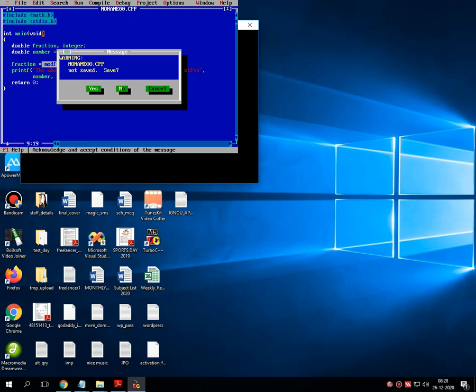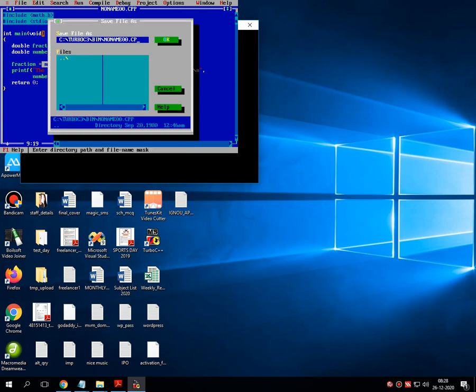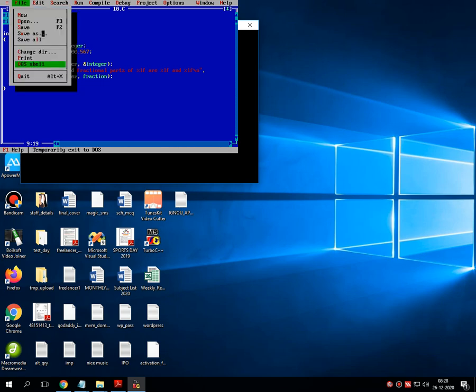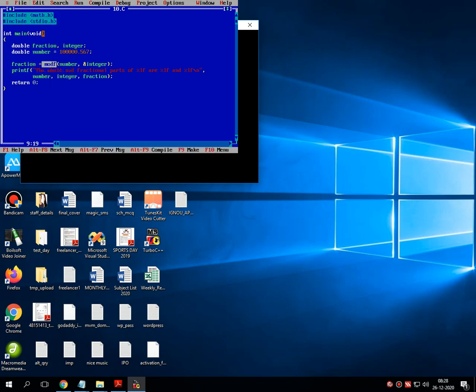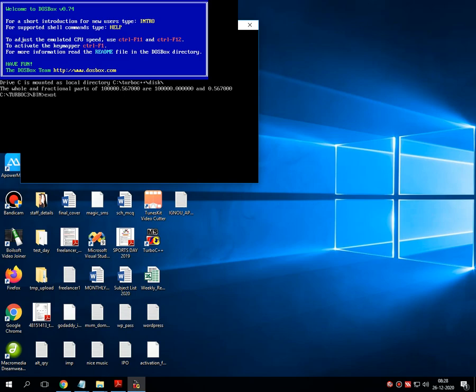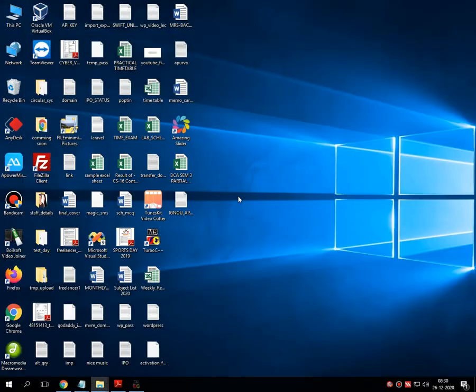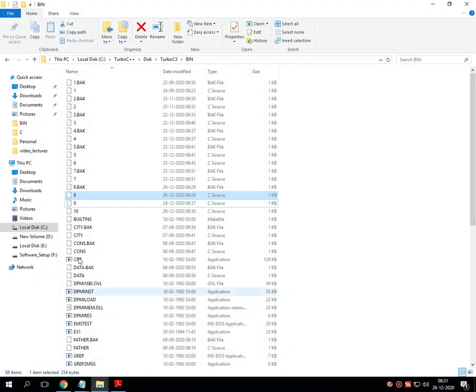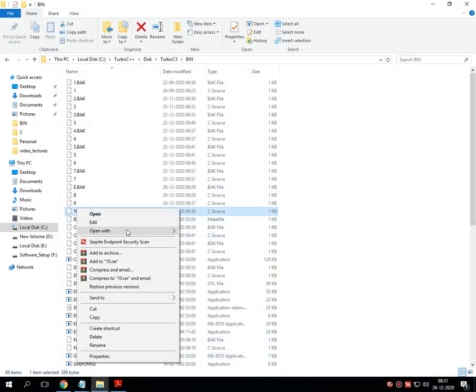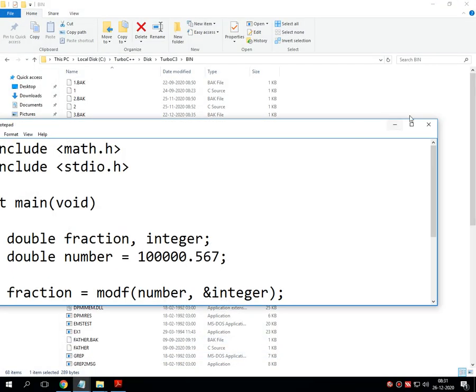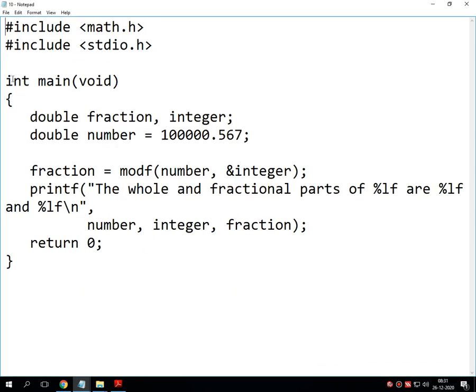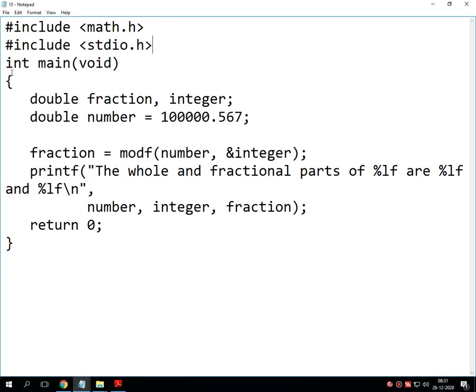Let's see this particular program in Notepad for better visibility. Write down the definition.